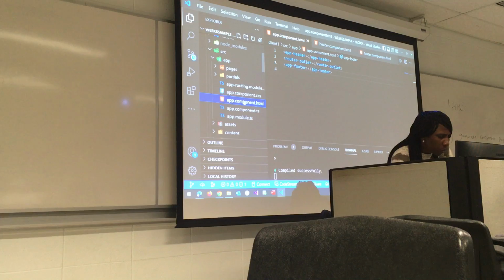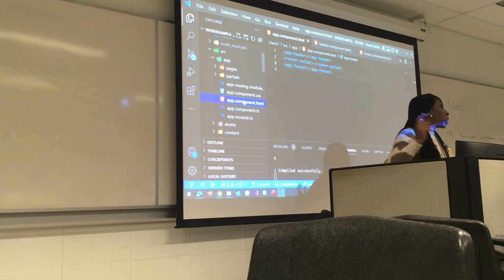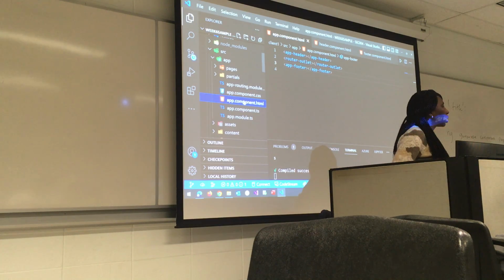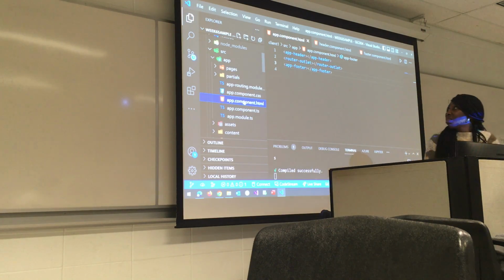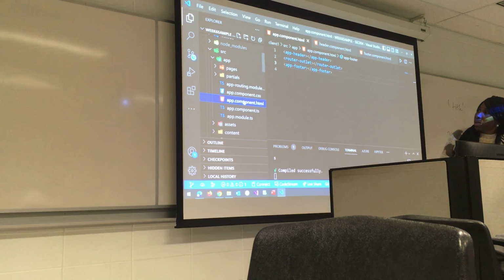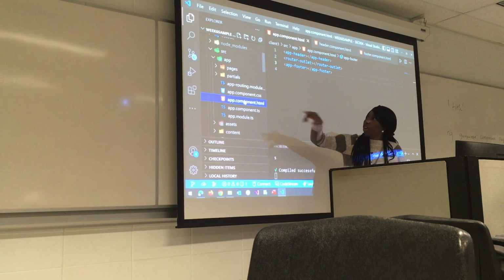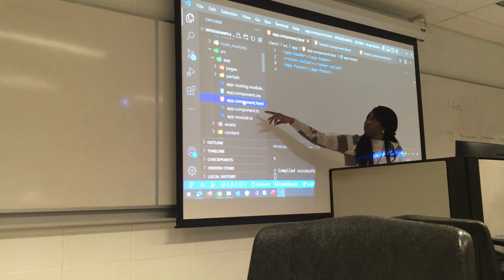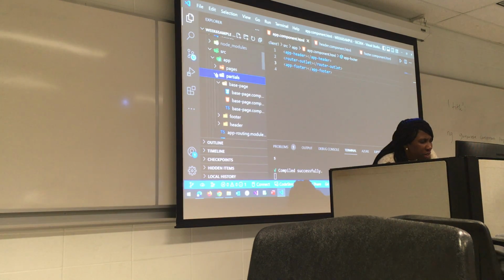In the partials, app.component.html, in the partials, so that we can render it on all the views. It should be in the apps. Under the partials, we have this. Okay, let me close the partials so that you can see that.